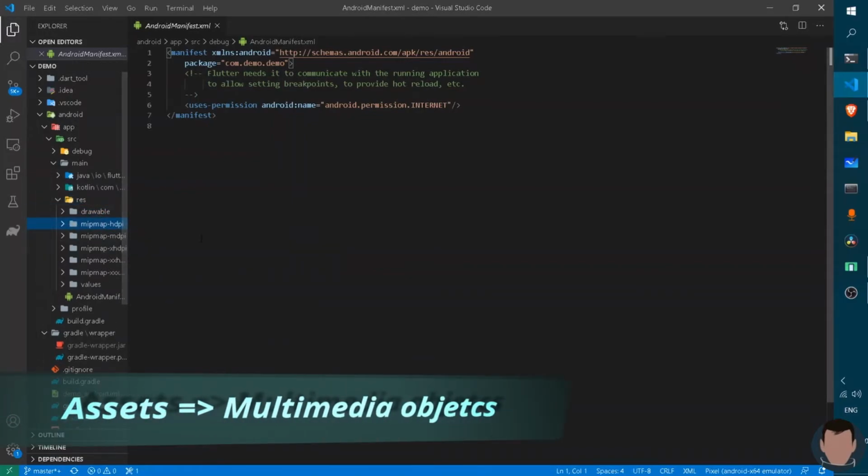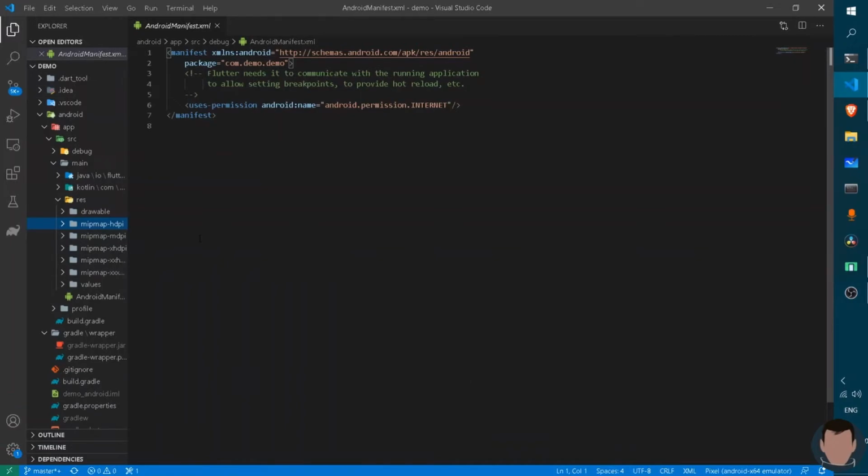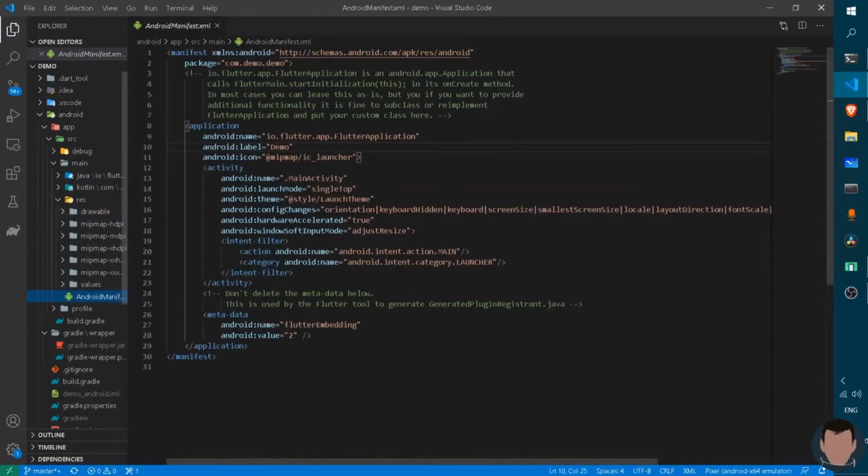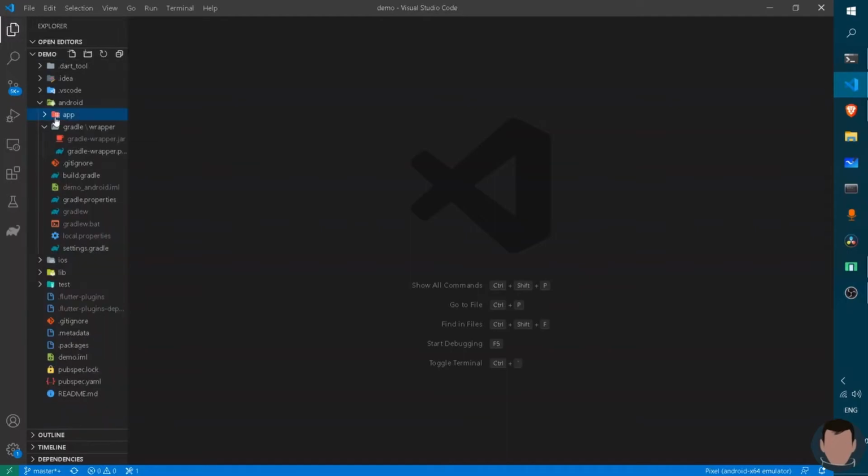Assets, yes, they are images, icons and any other media that you will import in your project, and each is called an asset. And the last one is this AndroidManifest. This one will be the outlook of your app. Suppose I have to rename my app, I can do it from here and type Puppet. Now you can change the Android icon, label, name and any other thing from here. Now this was the AndroidManifest. Press Ctrl and S to save the file and close it.